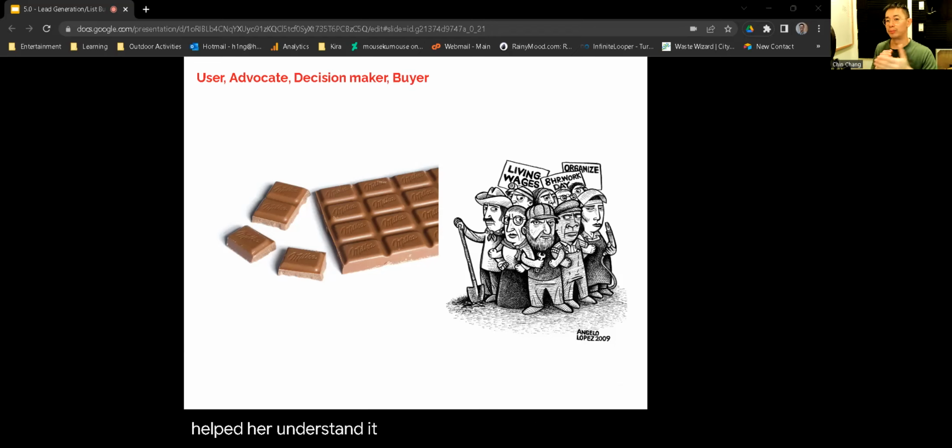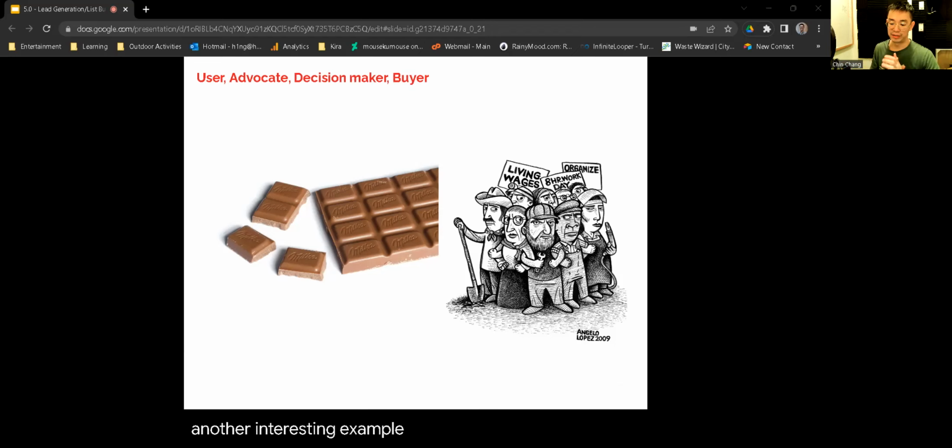It helped her understand who some potential retail buyers are that she could go after. And then the actual buyer would be the retail stores, right? Sure, they also care about shelf life, but maybe they care a bit more about the visual aspect of it, the packaging, right? Will this sell well? So they want to see a proven track record of sales. They're thinking about product placement, the shelf, how it's going to be displayed, the visual aspect of things. She also learned a lot about the ordering preferences for retailers. So depending on who your stakeholders are, they'll care about different things. So you want to learn what they care about.